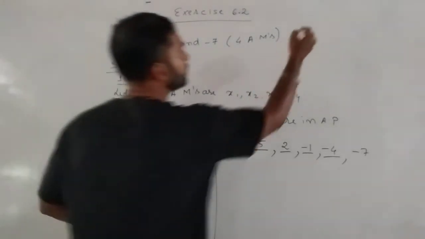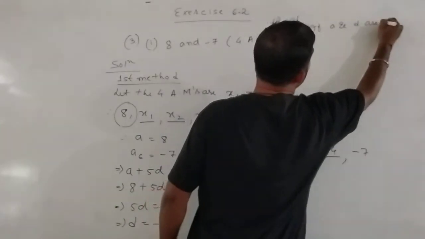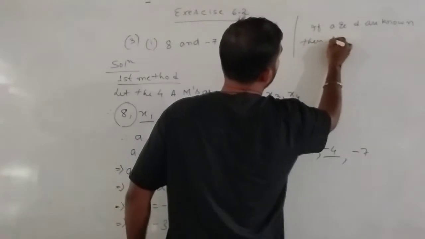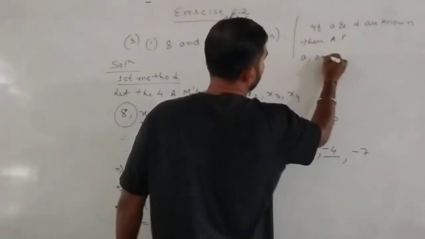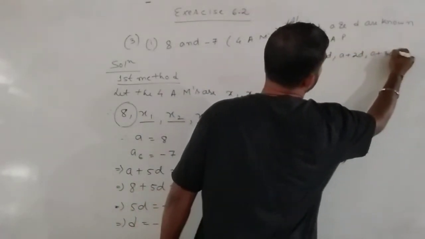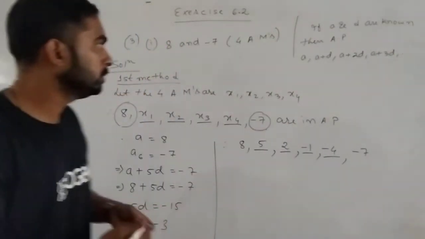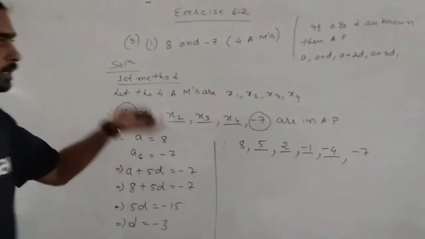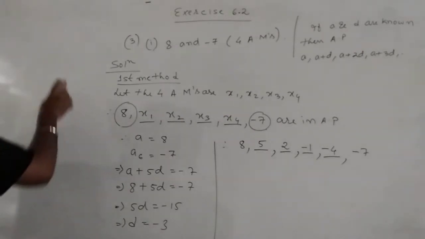And we know that if A and D are known, then AP equals first term A, second term A plus D, third one A plus 2D, in this way A plus 3D. So we just use this. We discussed this earlier in the classroom. So I directly use A plus D, A plus 2D, A plus 3D and so on. So this is the first method. And the second method is